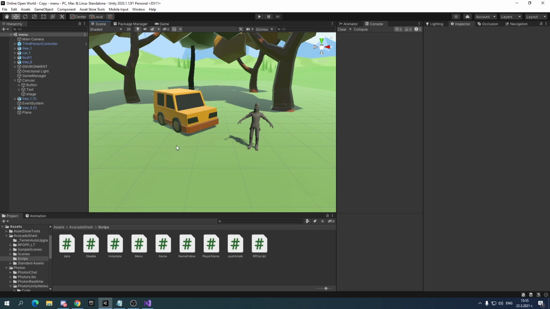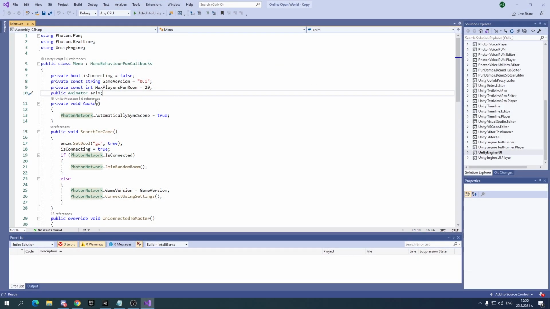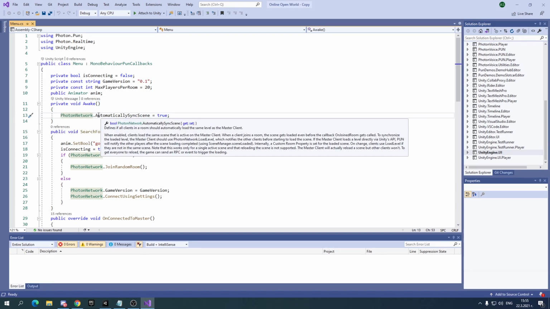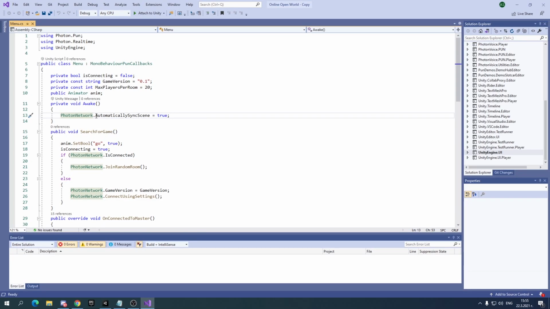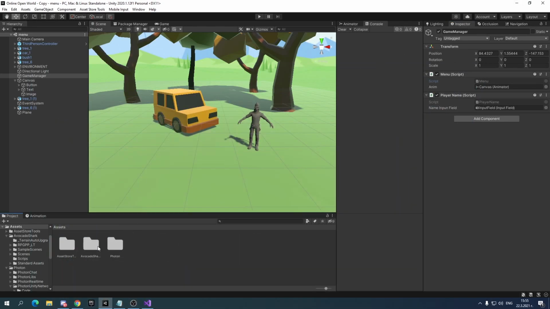Well, first you have to make a change in your script that is connecting you to a room, which in my case is on the main menu, right here on the game manager in the menu script. And in your awake, you have to enter this line, which basically says that the player should always automatically sync the scene with the master client. And then after that's done, let's go ahead and go to the player